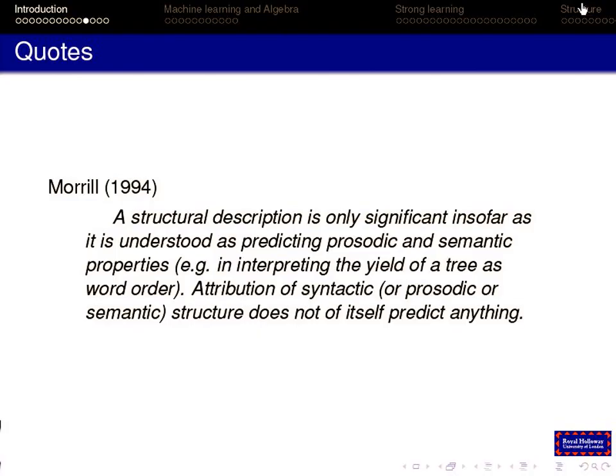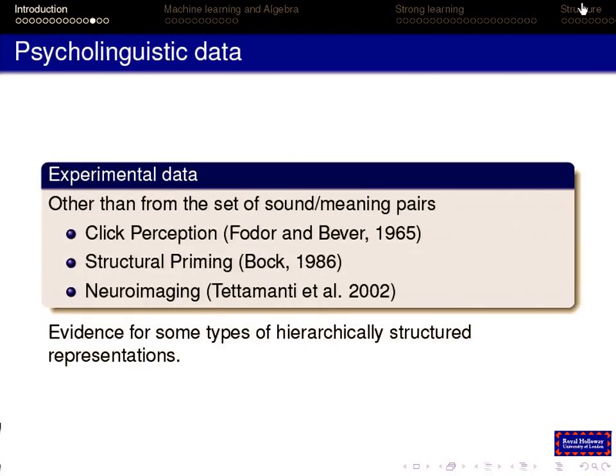And one might feel that there's sort of psycholinguistic data that could help you. For example, that we might have data from psycholinguistic experiments or from neural imaging experiments. So there's quite a long history of this data. But this data doesn't really tell you exactly what sort of structures we've got. It tells you that there are certain similarities between structures, particularly the structural priming literature is very interesting, but it doesn't tell you exactly what these structures are.